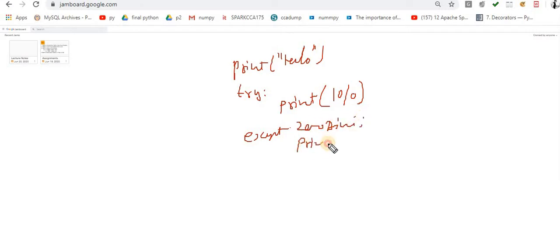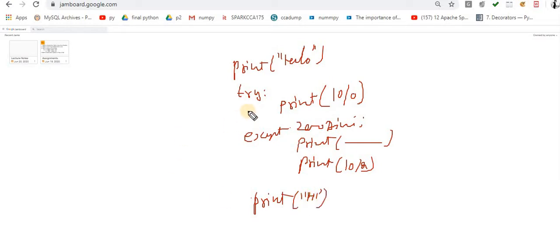Okay, now print, you cannot divide with 0, or whatever you want to say. You want to perform this 10 divided by 2. Okay, and here print hi, whatever. Now understand this flow.